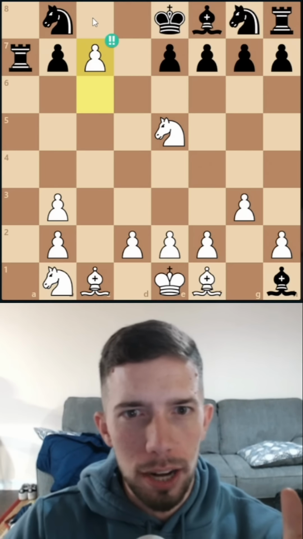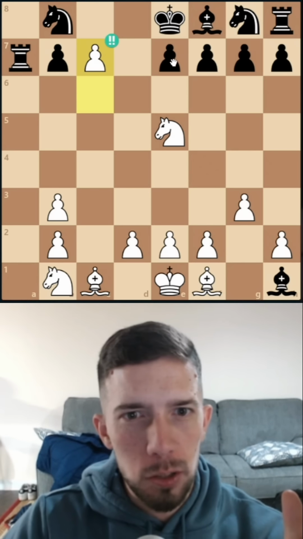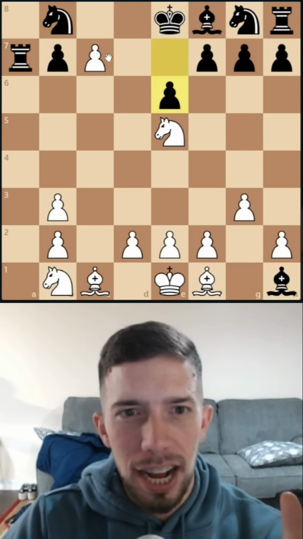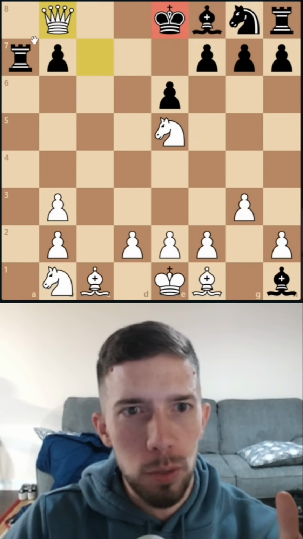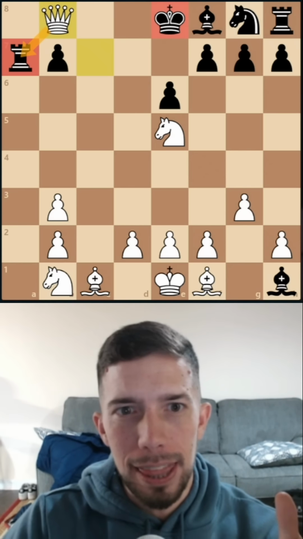What can Black do? Honestly, there's nothing. If Black goes, say, e6 here, again, take the knight on b8, hit the king, and then win the rook and win the game. And that is why